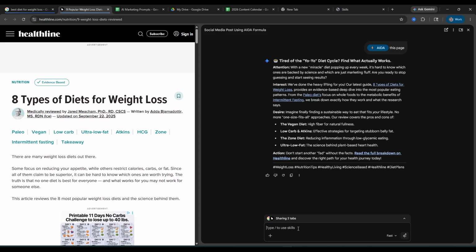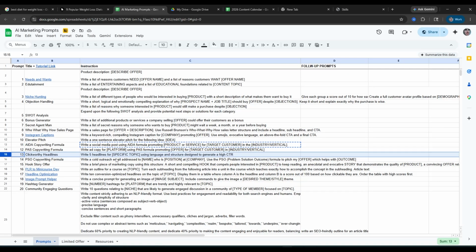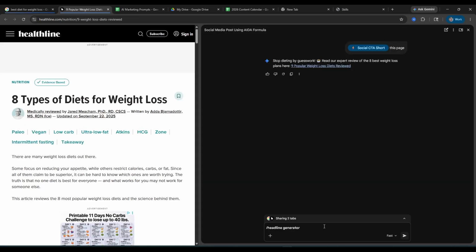And I can do the same thing with the other two skills. So we'll take a look at the social CTA, say this page. And this one is specifically designed to write a short call to action social media post followed by a link to the content. So it did that perfectly. And then my headline generator, this is called click-worthy headlines in my prompts spreadsheet. And I just modified it a little bit so that it works better in the browser. And same type of thing. I just got the headline generator prompt in there, and then I say this page,